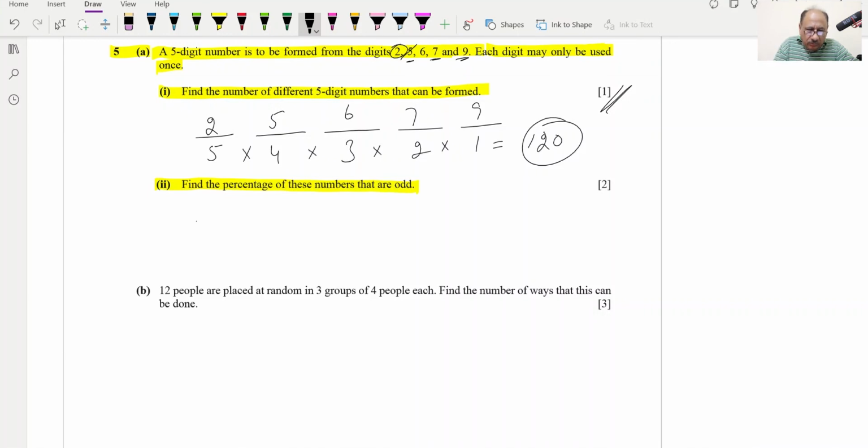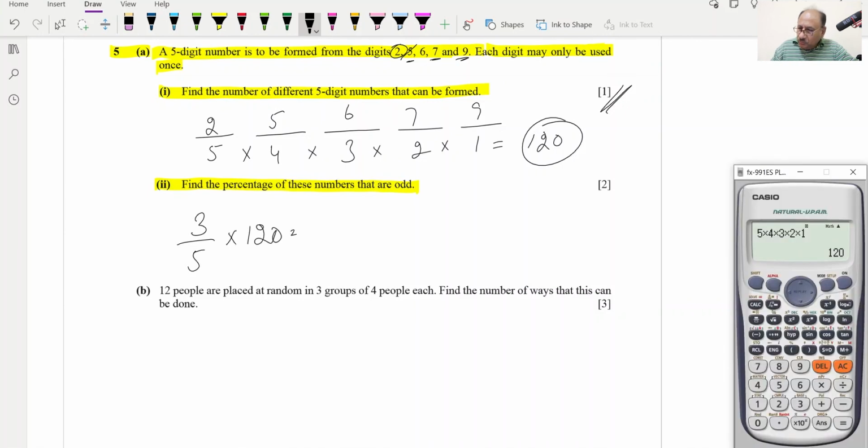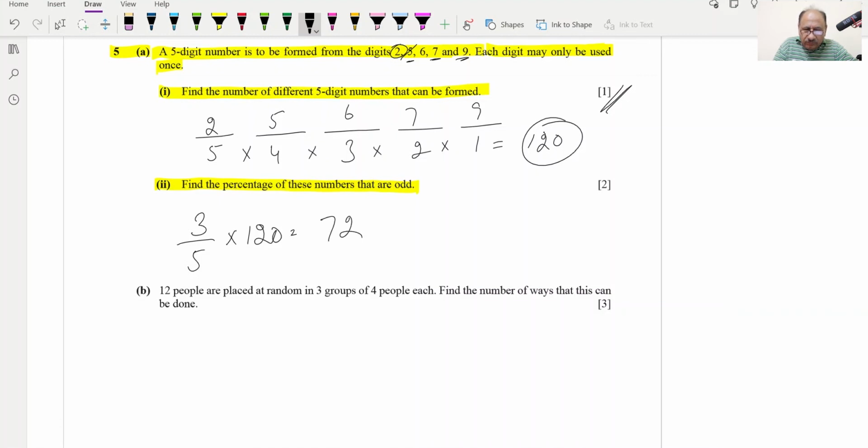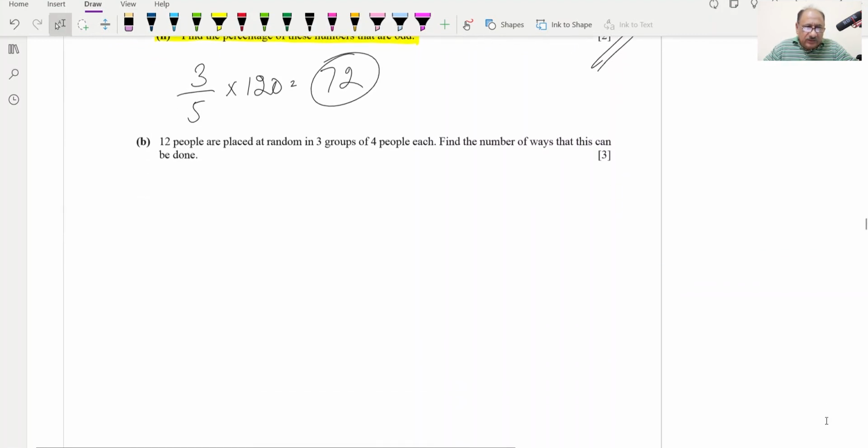So 3 out of 5 are odd. So 3 out of 5 of 120 we will check. So this will be 3 over 5 of 120, which is equal to 72. So 72 will be the answer for 2 marks. Next they are saying